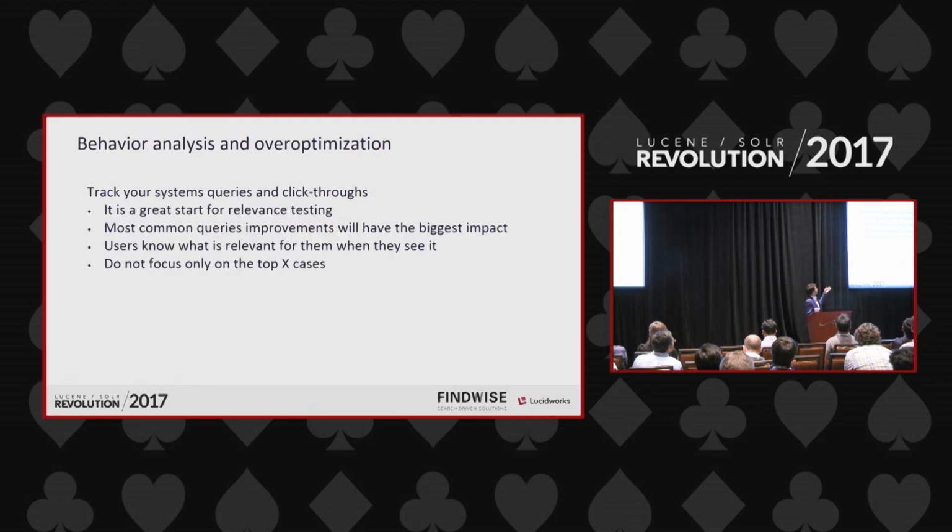At the same time, we are selecting what's important for us to be able to evaluate our relevance model. There's a limit to how much we can evaluate. We are always going to discard a set of results, a set of things. So we really don't want to just optimize for our best queries. We are going to then have really bad relevance for our tail cases. So we really want to have a very wide list of cases and strive for improving the relevance throughout the whole set of information, not only the most popular queries.